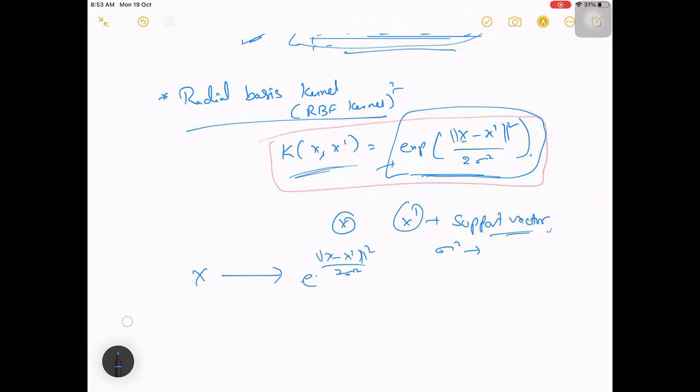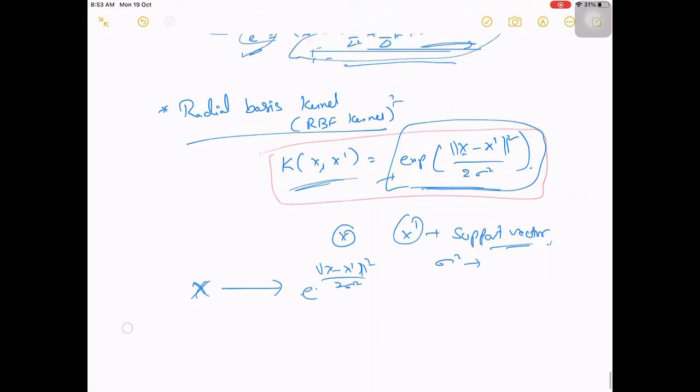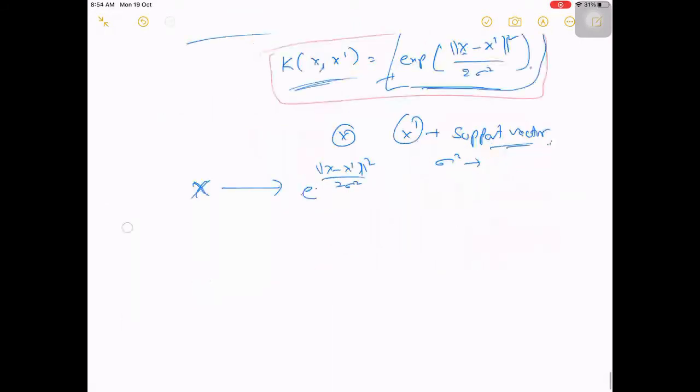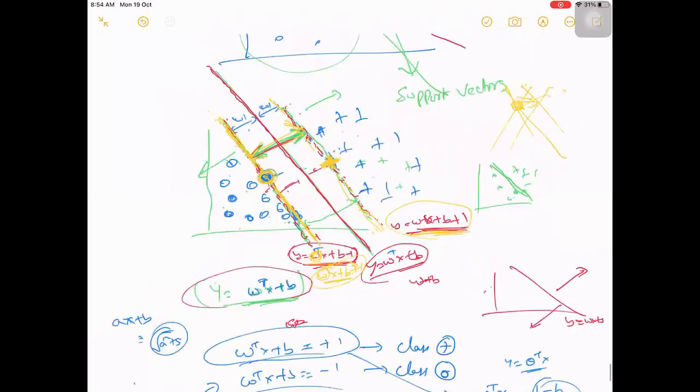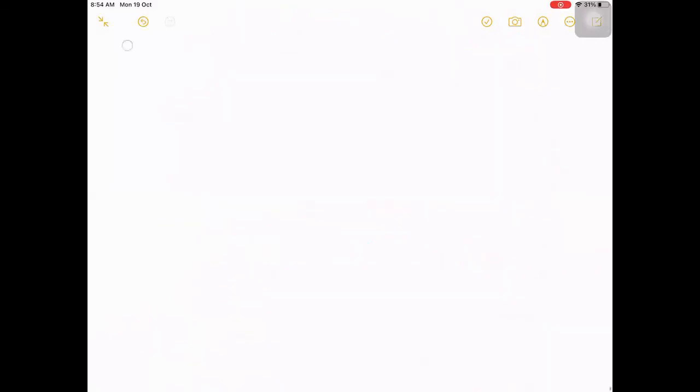Okay, so now you have this. With that you'll be able to represent your data x in a different combination of format, which is a kind of infinite dimensional, and you will be able to get it linearly separable. Once it is done, your data will look like this. After representing it with an RBF kernel, your data will look something like this, and it will be linearly separable. So this is the concept which will be used.